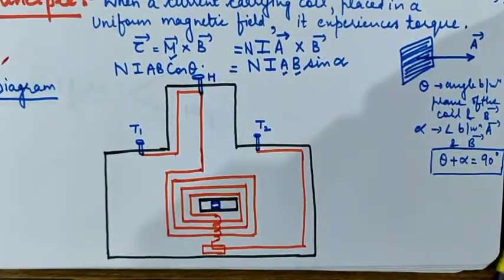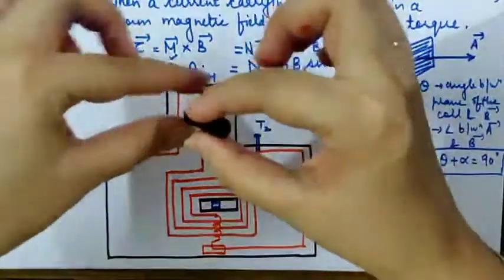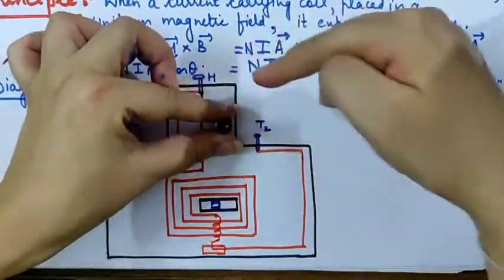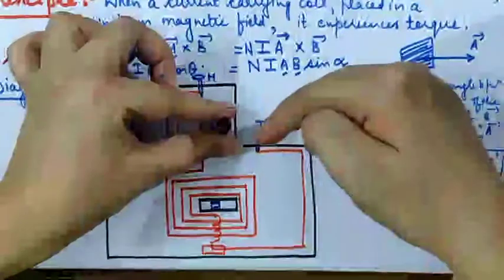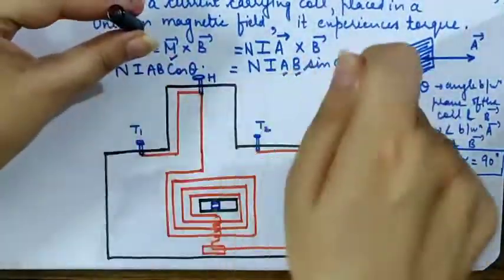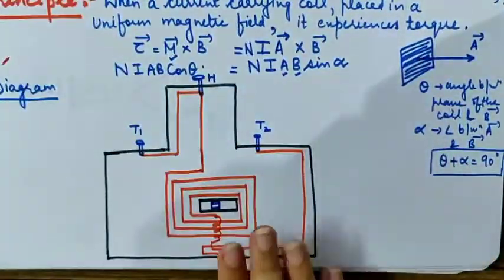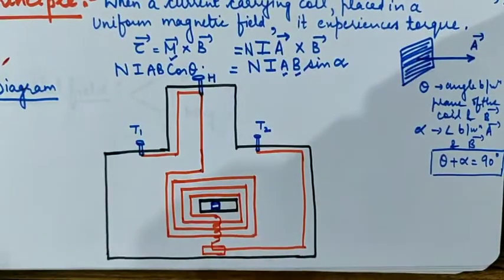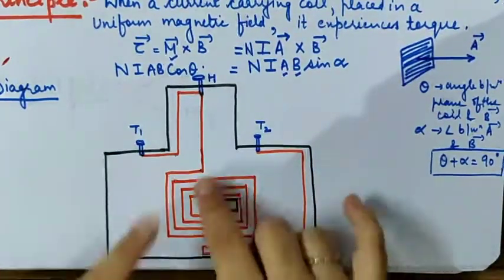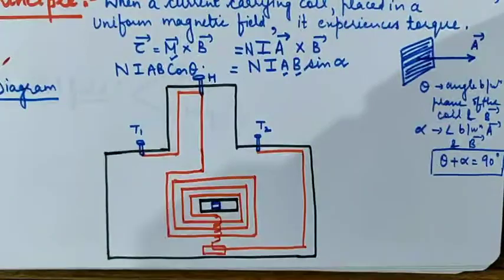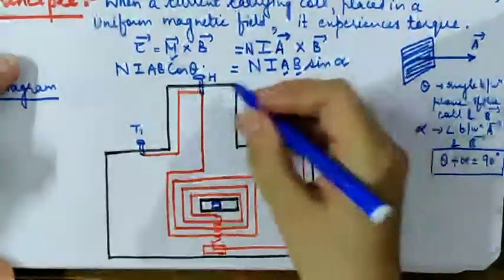Actually, what is the case? This kind of cylinder is there, and about this cylinder a rectangular base is made, and about that rectangular base the wire is coiled like this. So here it is. Now this is the wire, this is the coil through which the current is going to flow. First of all, I should write what is what.